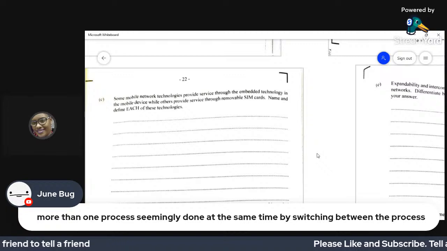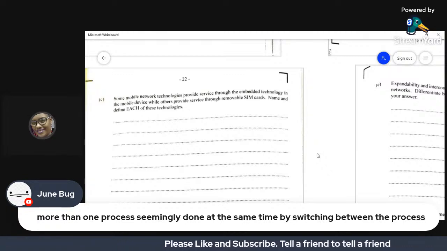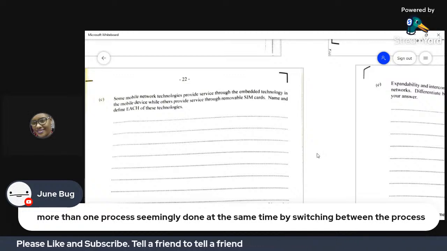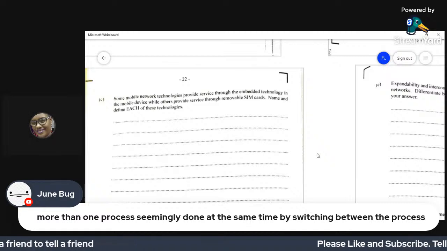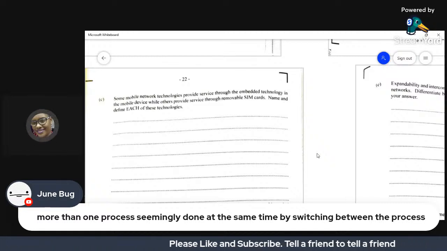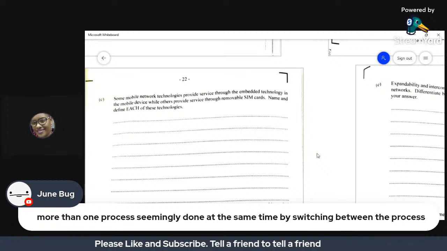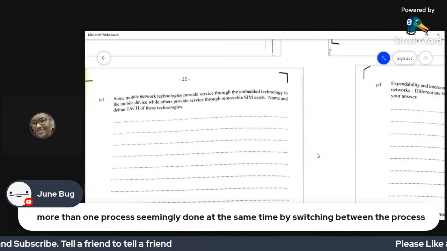The other part now would be GSM, or Global System for Mobile Communication. So this one now is linked to a removable SIM card. So when you're telling them about the technology, that's the part where it says name. So the first part is using CDMA, which is embedded in mobile devices.